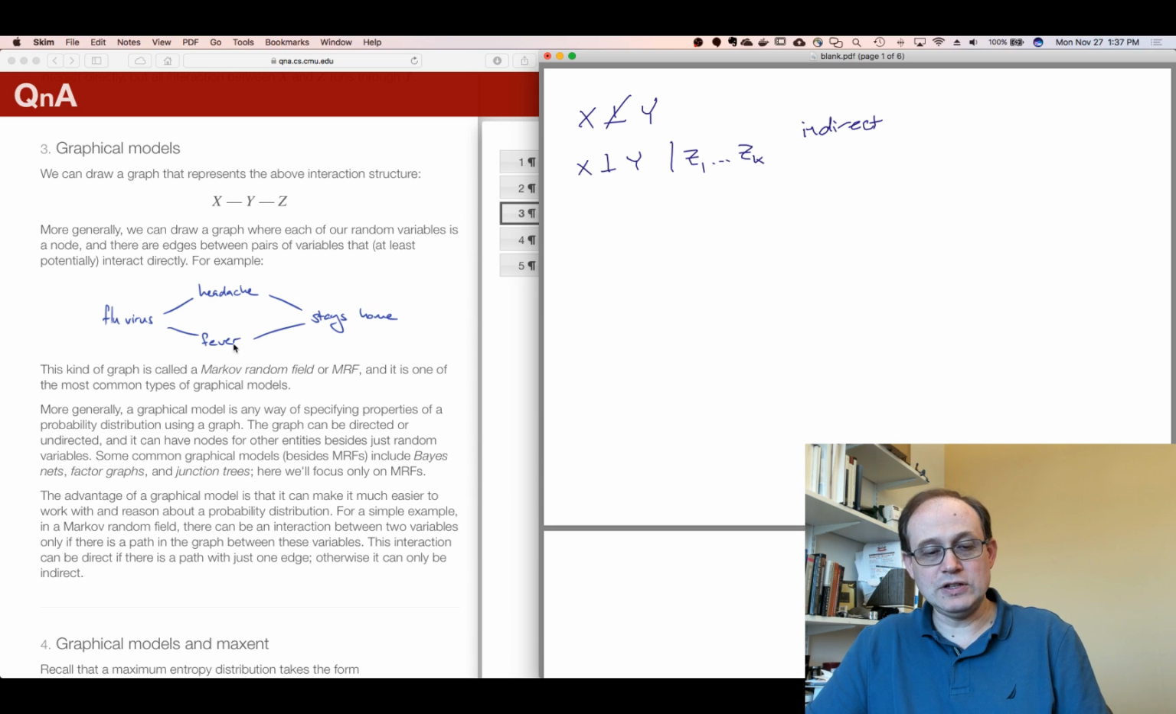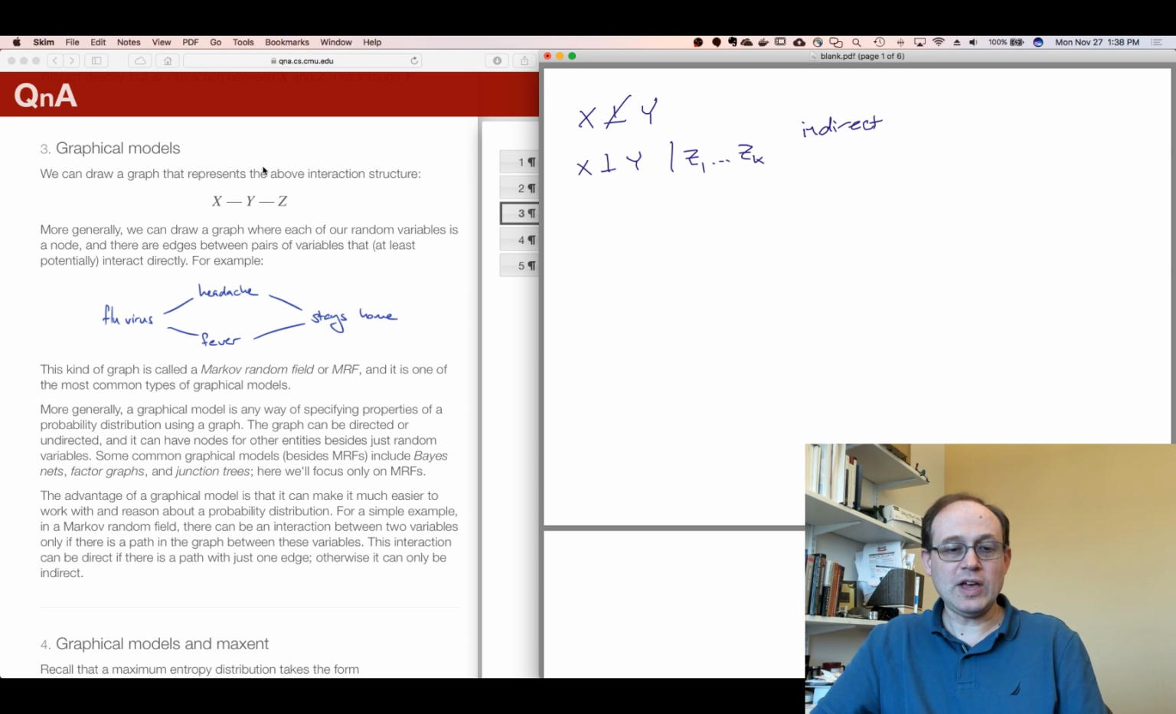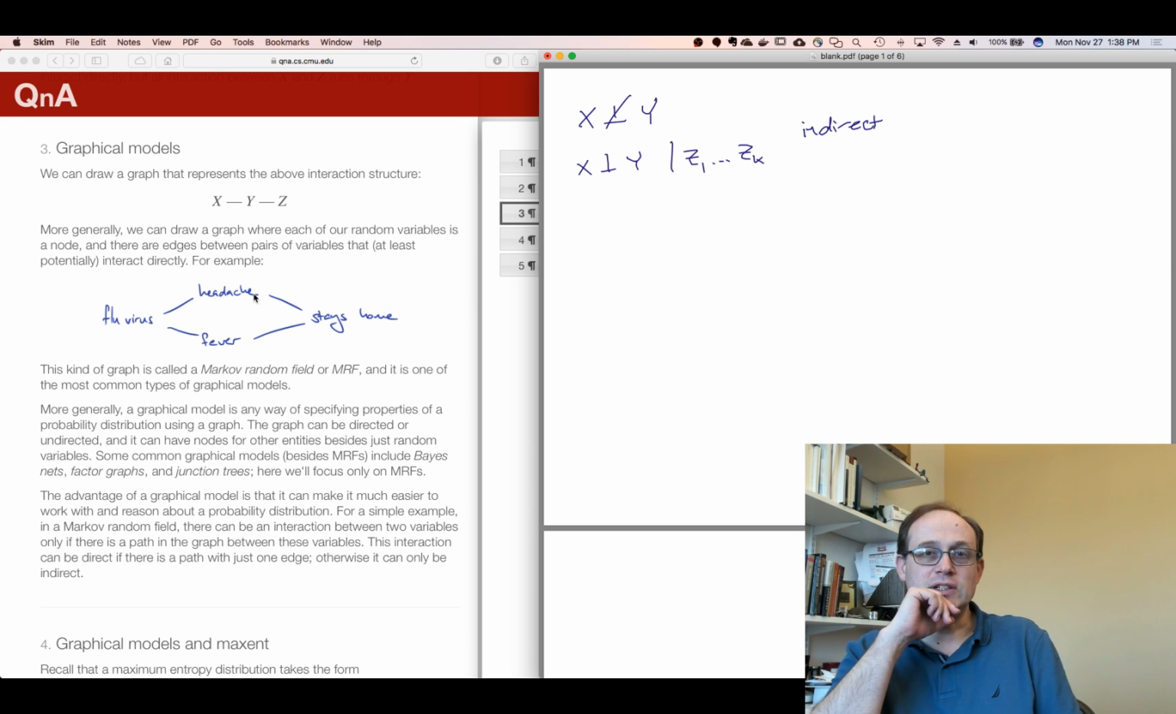And then those two things interact directly with whether you stay home. And again, there's no direct edge from flu to stays home, and there's no direct edge from headache to fever. Headache doesn't cause fever, right, and fever doesn't cause headache. Right? So this kind of graph is called a Markov random field, and it's one of the most common